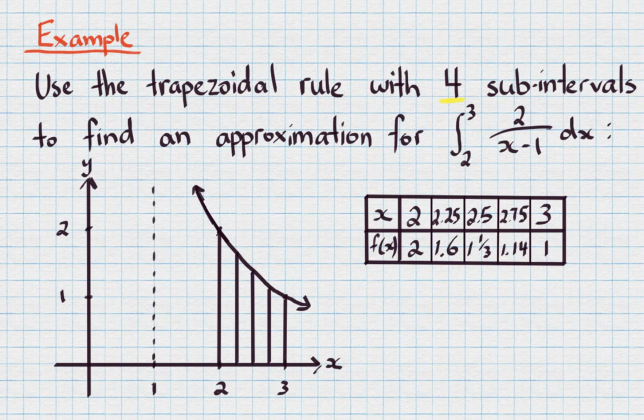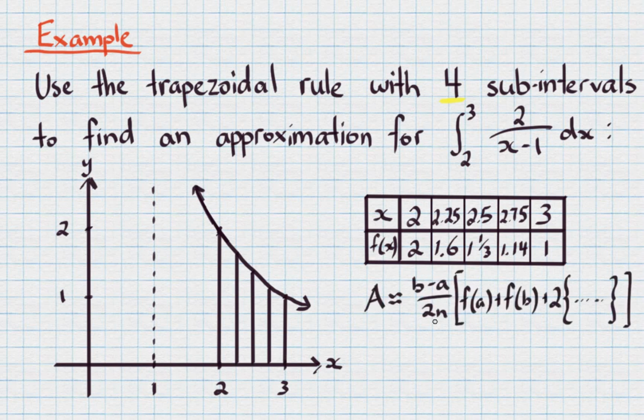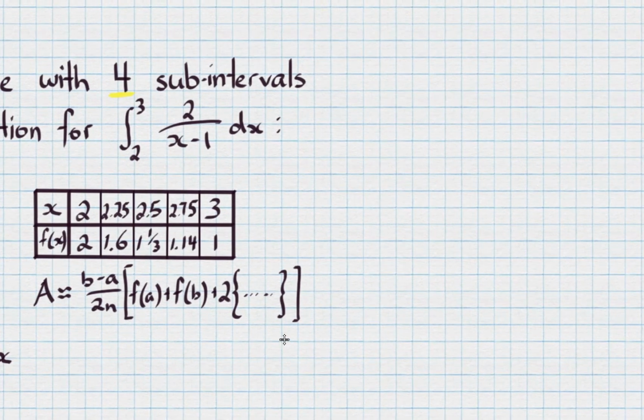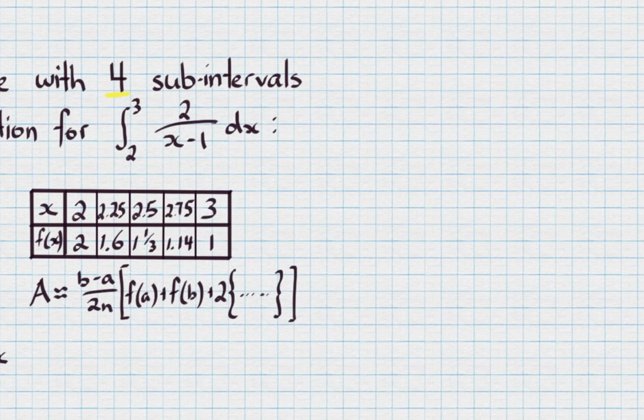So here's our formula. B minus A over 2n, and that's multiplied by f of A plus f of B plus 2 lots of everything else. So I'll give ourselves a little bit more room here. Okay, let's start plugging in some values. We know that B is 3 and A is 2. And that's over 2 lots of n, where n is 4. We have 4 subintervals. And then in the brackets, we have f of A, so that's our first function value,